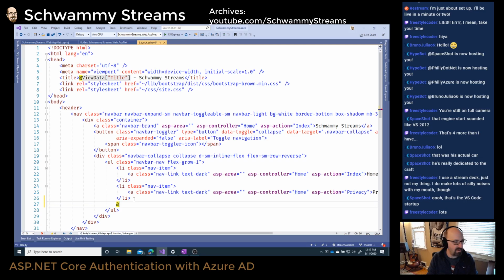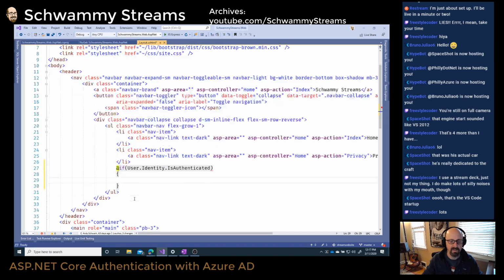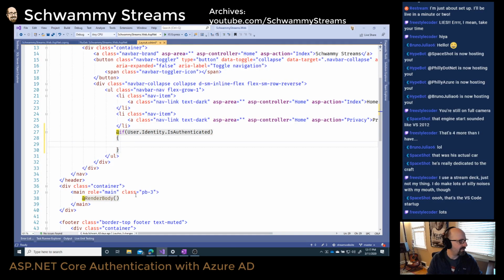This is all your standard stuff that we're used to doing, right? If identity is authenticated, and there's probably better ways to do this, but let's just say